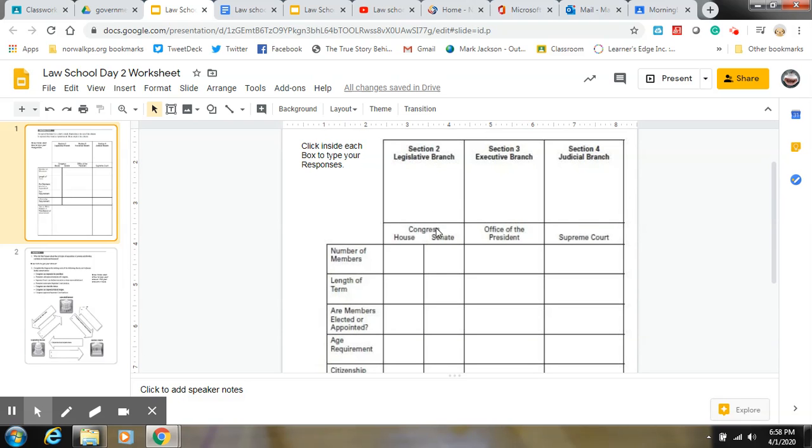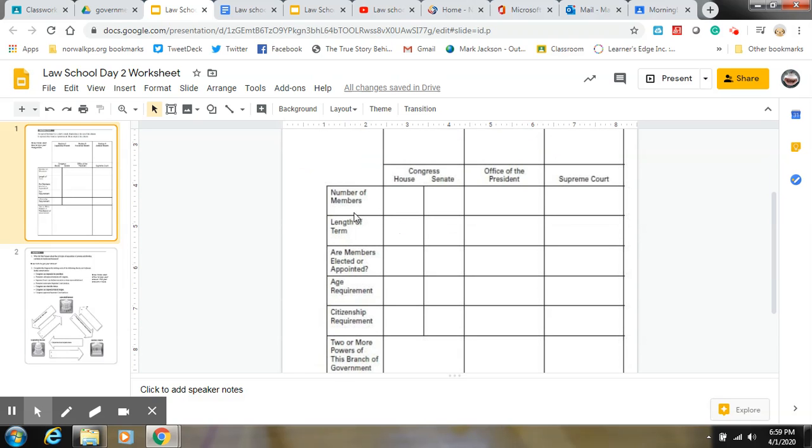You are going to get a picture from the internet, copy and paste it into this box where it says legislative branch. Find a picture that represents the legislative branch. It can be something about congressmen or women, something about a bill, something about a law, or a picture of the Capitol building. It could be anything that represents the legislative branch.